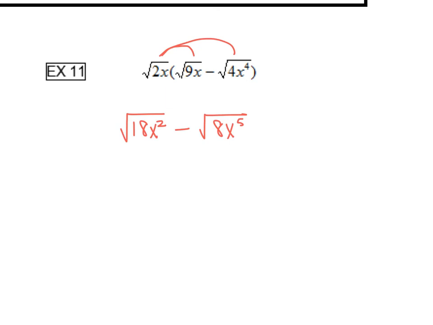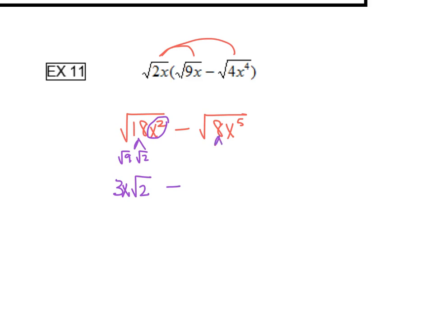We're square rooting an 18 and an x squared, so the 18 we can reduce. 9 and 2, that becomes a 3 square root of 2, but then we're square rooting an x squared, so because it's a square root, we're looking for groups of 2. How many groups of 2 can we get out of x squared? Just 1, so we have just an x out front, none left over underneath the radical. Minus,